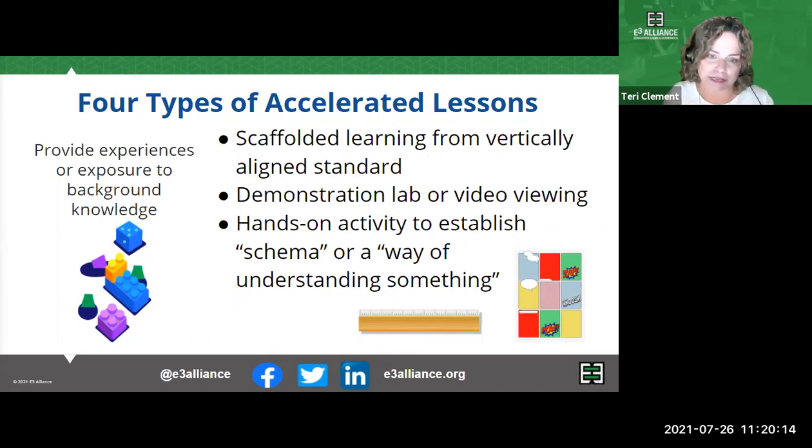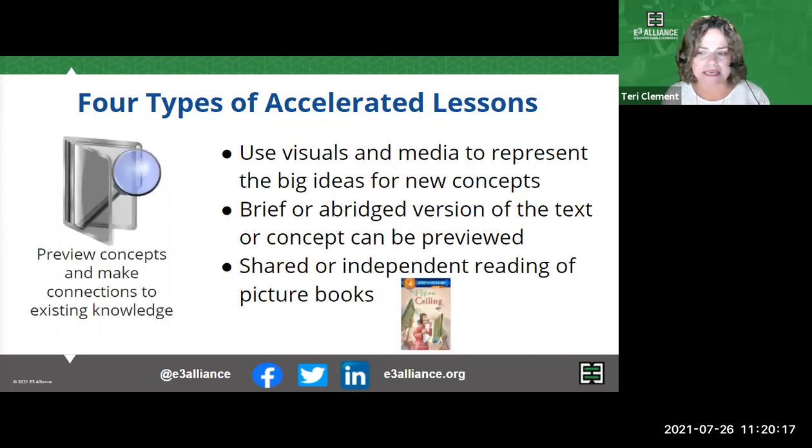really accelerate their learning. The next type is previewing concepts, and that is where we would use visuals and media, really previewing a concept and giving them a way to think about it ahead of the initial beginning of the actual unit of study can be a great way to really give them time to process the ideas involved with the initial exposure to a concept. And that way, when the unit starts, perhaps the following week, then their ideas have already had time to process and start to grow. Some great ideas of that are taking abridged versions of text, using visuals, media.